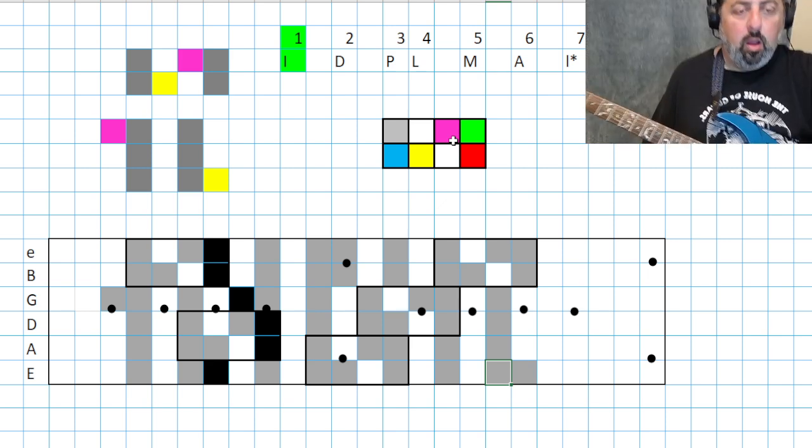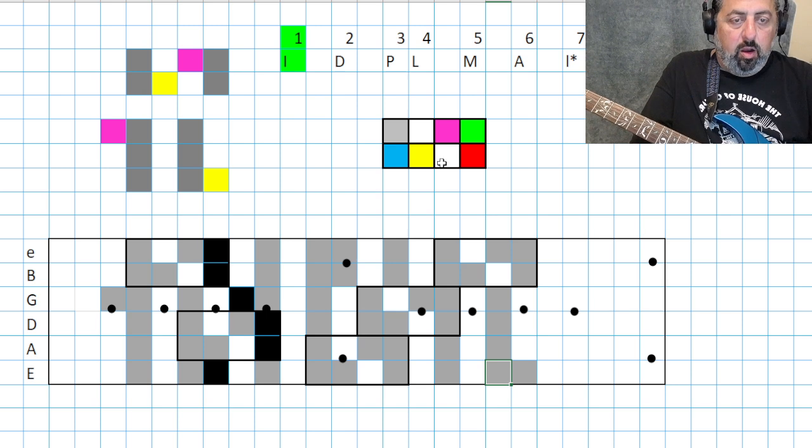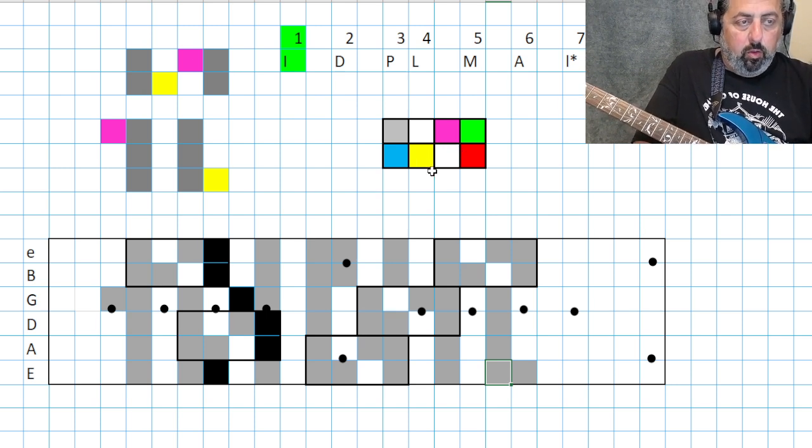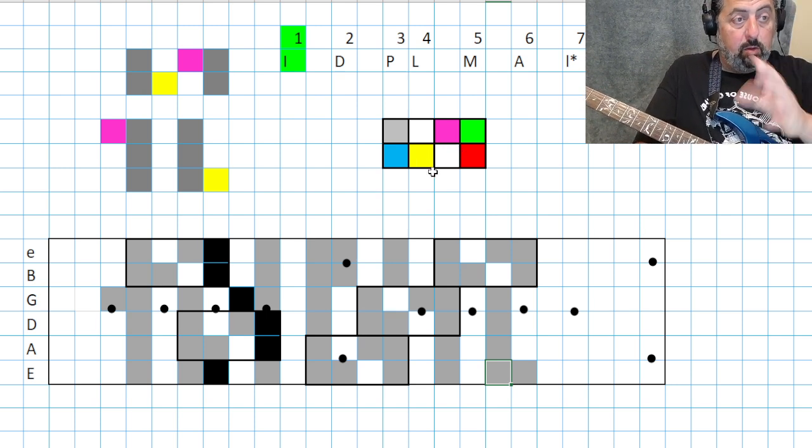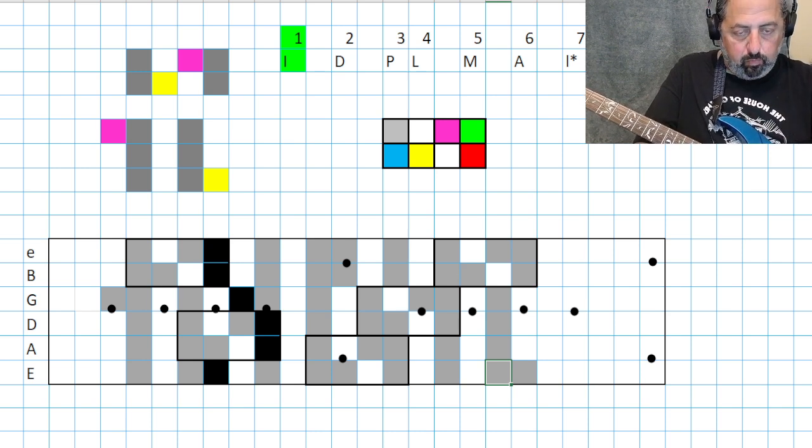Like that. So these half steps are going to help you really nail this difference between the different